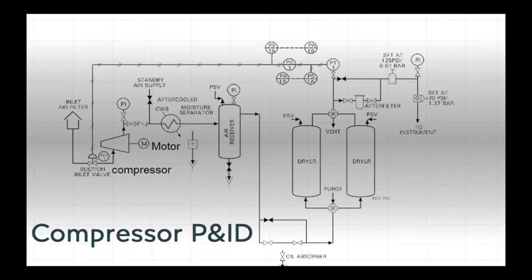Once this air enters into the compressor, it is compressed to a required pressure, and then in an aftercooler, this air is cooled down and sent to a receiver. If I draw the air from this point only, then this would be called a plant air. And if I use this air further down the line and send it to a dryer as shown in this picture, then the output of a dryer would be called an instrument air.